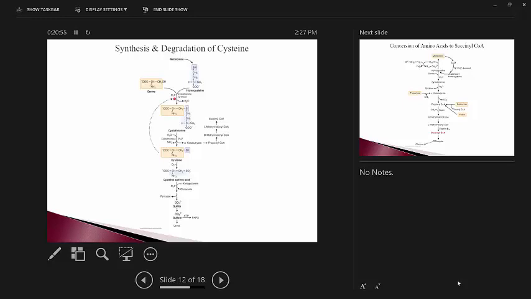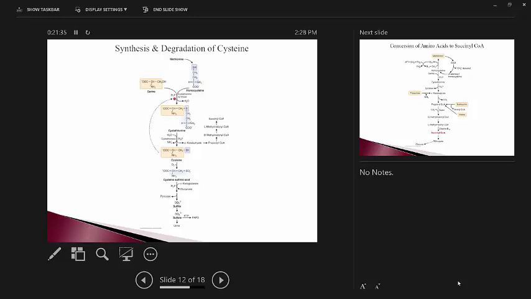Now, what happens is that this combines with a serine molecule, which is C3, in the presence of cystathionine synthase, okay? It subtracts water, taking an OH from here and an H from there, and it gives us this large molecule, which is serine and homocysteine. That molecule is called cystathionine, okay? This is then broken down by cystathionase. This is a PLP enzyme, okay? So pyridoxal phosphate.